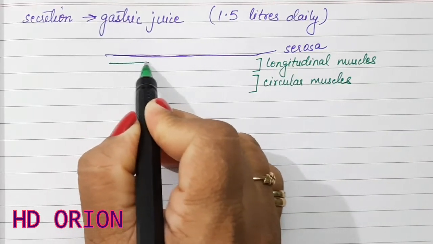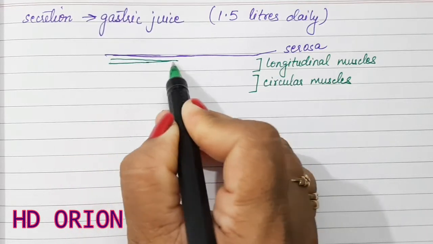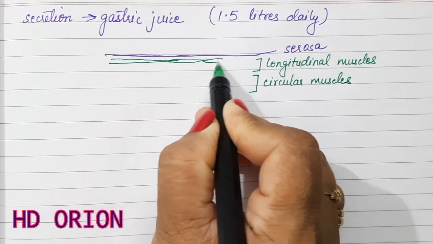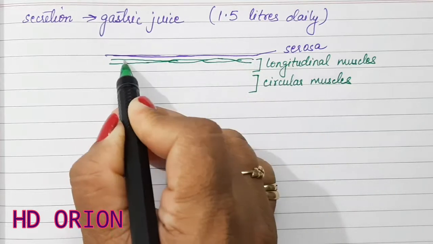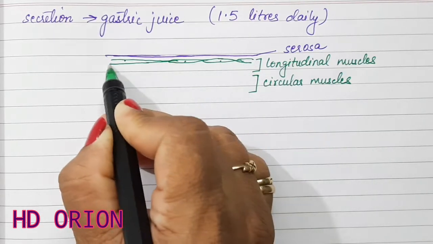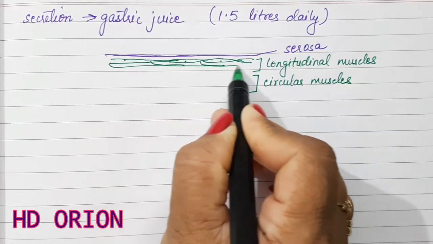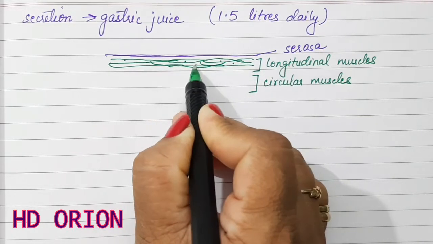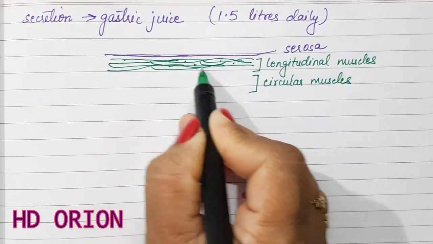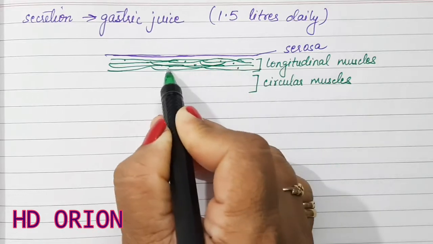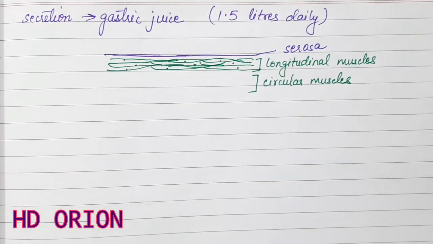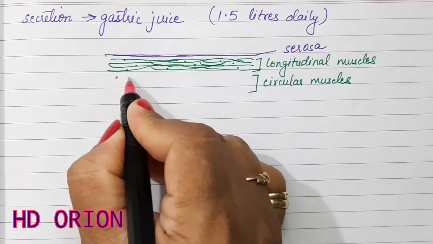These are the longitudinal muscles that are present. Then come the circular muscles,